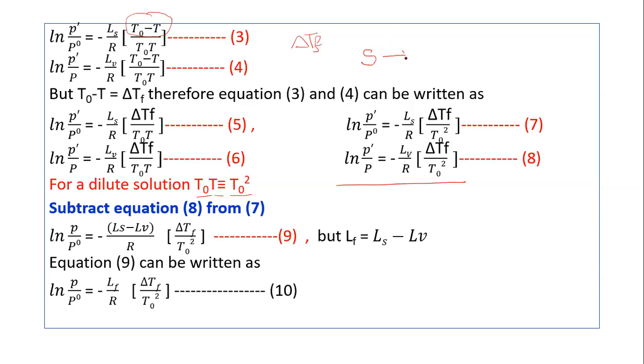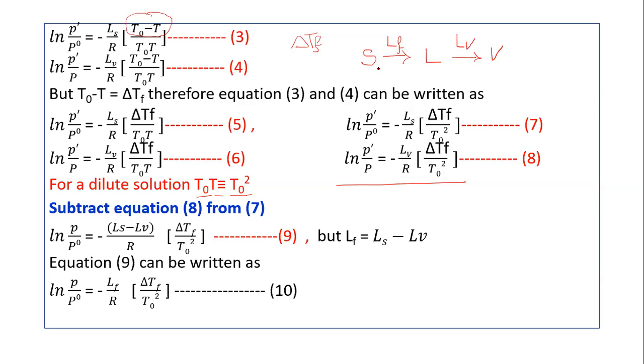to liquid and liquid to vapor. This is the normal process. Solid is converted to the liquid, liquid is converted to the vapor. So when the solid is converted to the liquid, it is called latent heat of fusion process. Or when liquid is converted to the solid, it is called fusion process. And when the liquid is converted to the vapor, it is called vaporization. So we can write here latent heat of vaporization.